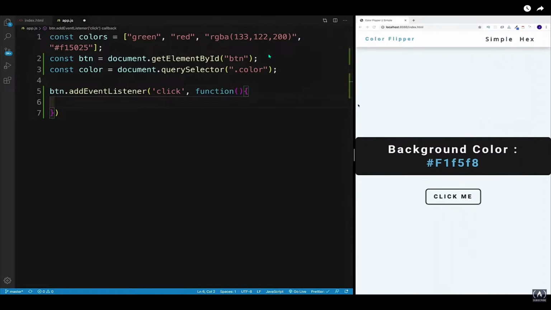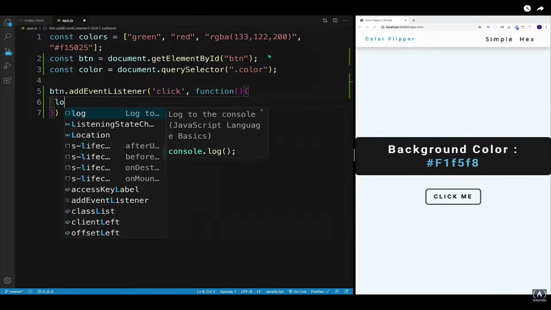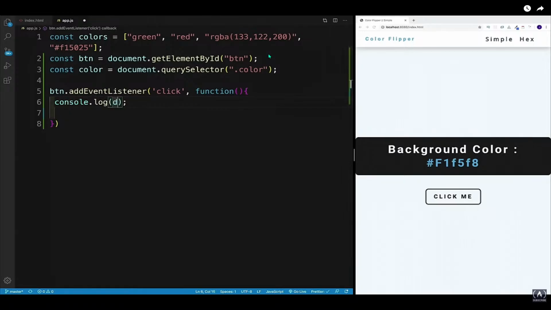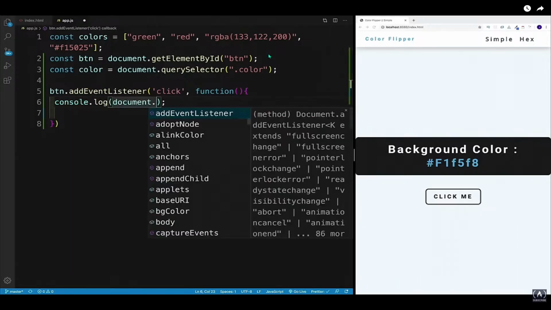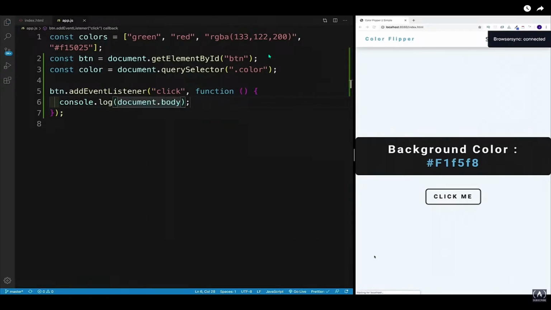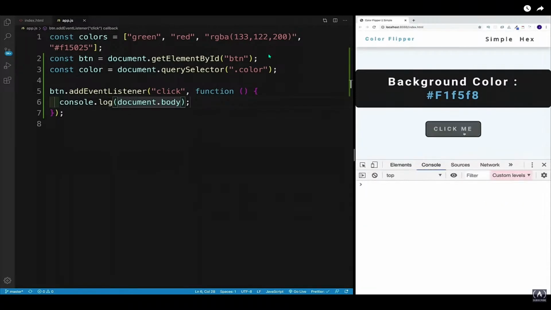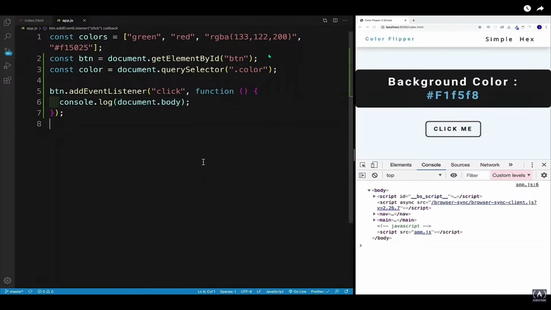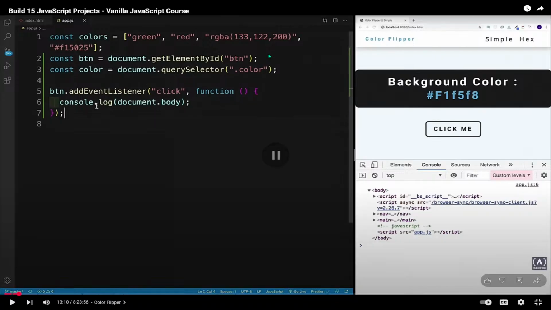Well, since we know that the body is the property on a document object, and in order to show you that, I'm just going to console log it, document body. And then if we check out our DevTools, we'll see that in the console, we have our body. Awesome. So now I know how I can target